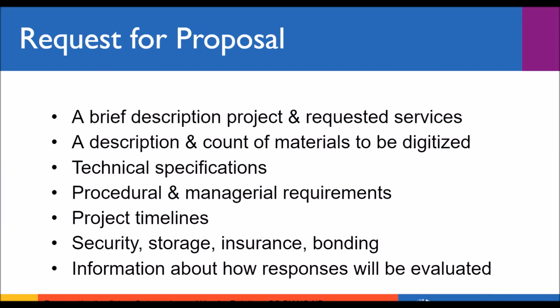So, in our last How to Pick series, we talked about how to select your file formats and resolution specifications, bit depths, things like that. So if you have any sort of conversion requirements or targets, you should include that. Any sort of standards that you're trying to meet. So let's say that you are hoping for FADGI 3-star, you want to include that. If you have specific file formats that you want produced, especially if it's something that's not a standard or a best practices format, definitely something that you want to specify.